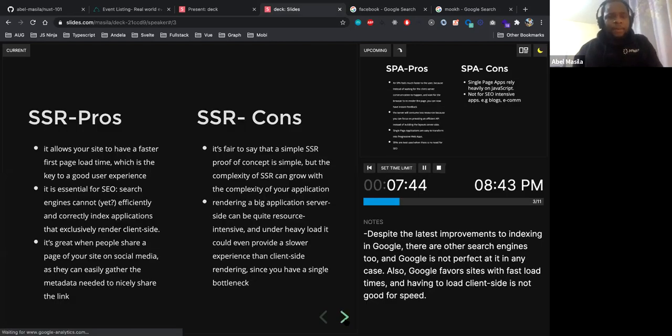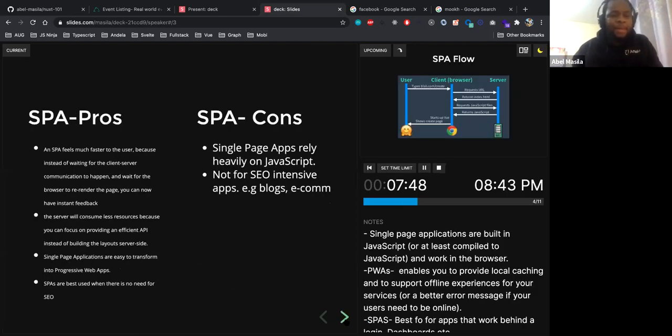So when you go to single page applications, the advantages: single page applications are very nice and very fast because you just load up your JavaScript, your static files, and that's all. JavaScript will continue to take care of your routing and loading of data and so forth. Then client-side applications don't consume so much on your server because your source of data, which could be an API, is just giving you data. So you have relieved your server of lots of load rendering your web app,